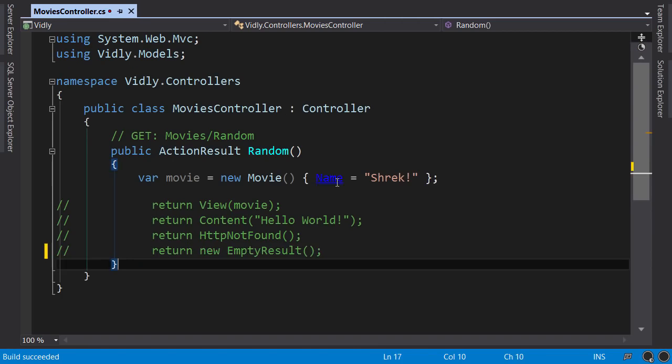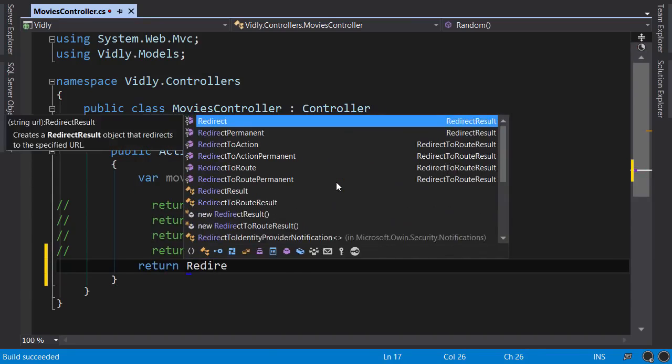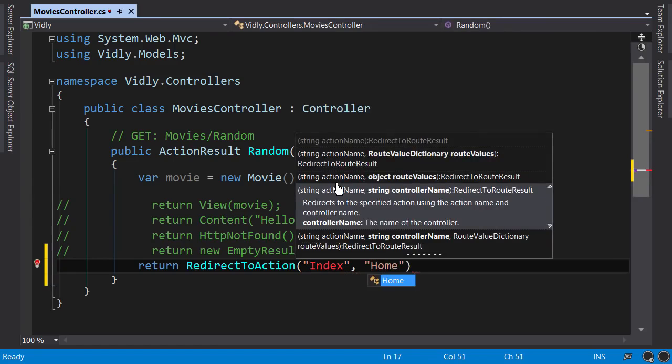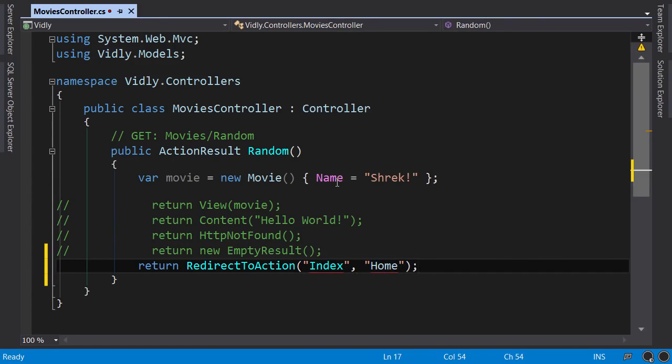And the last example. Return redirect to action. Here we specify the name of the action and then the controller. Now sometimes, as we are redirecting the user from one page to another, we need to pass arguments to the target action. To pass arguments, we use an anonymous object as the third argument to this method. So,